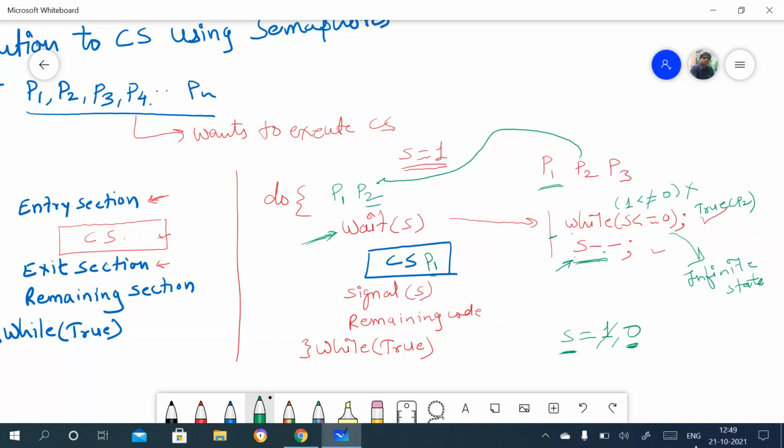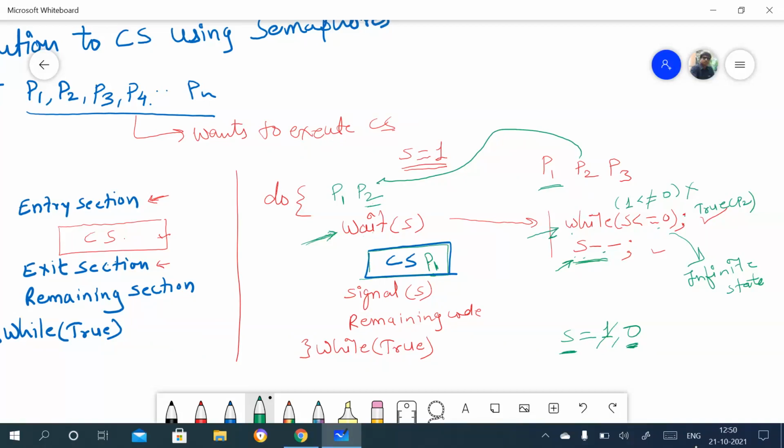Now suppose P1 is in the critical section. Because control is not going to the next statement, P2 is not entering the critical section code. Getting this? P2 is executing only this while statement again and again and again. It is not going to the next statement.